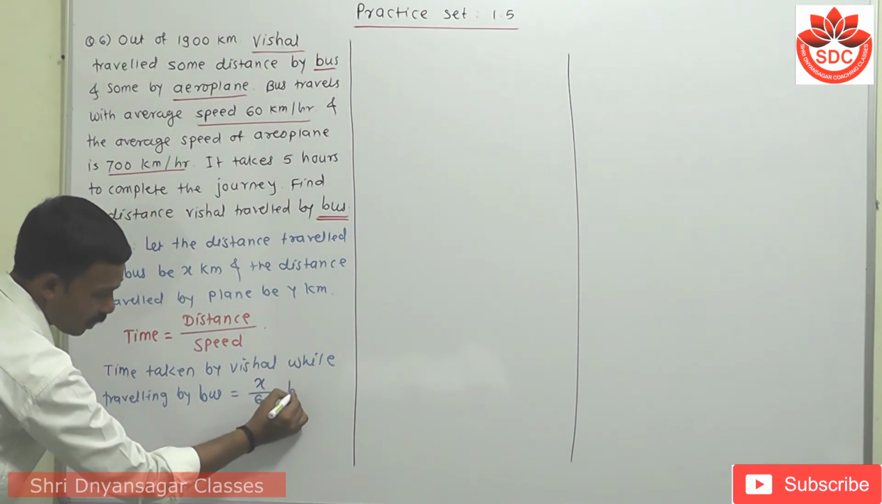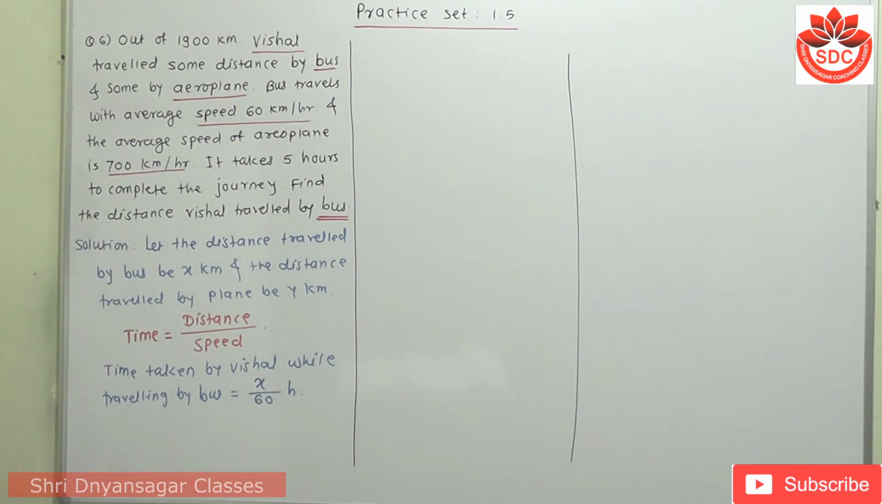Kilometer gets cancelled, so we get x by 60 hours. This is the time taken by Vishal while traveling by the bus. Now we can also find out the time taken by Vishal